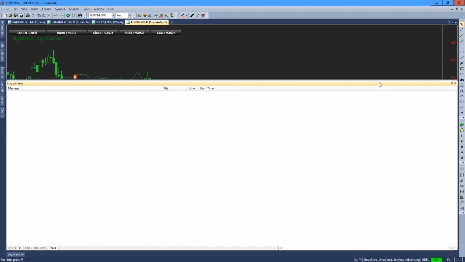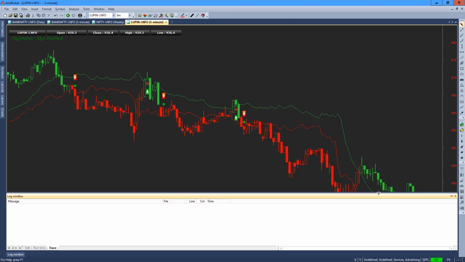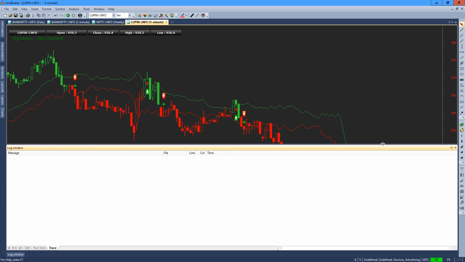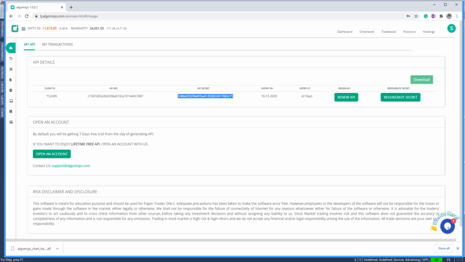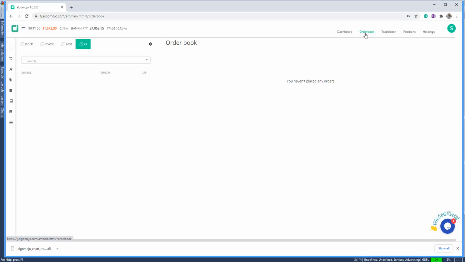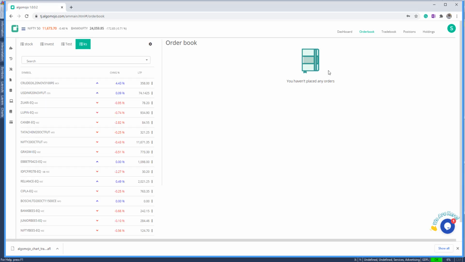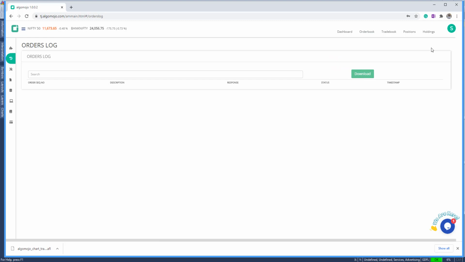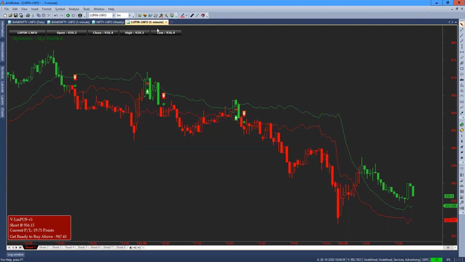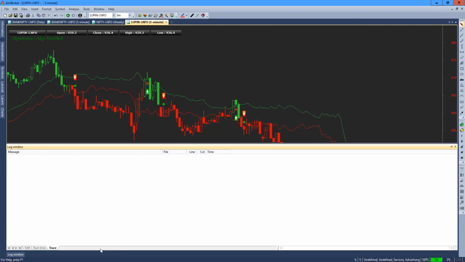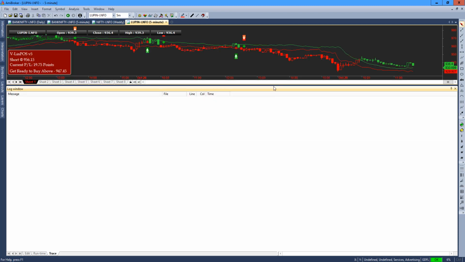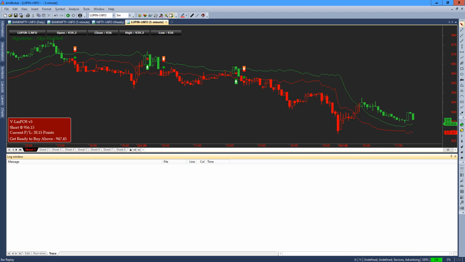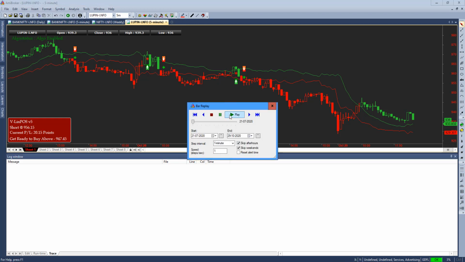Now what I'm going to do here is simulate the market activity, and I'm going to see the logs as well. Simultaneously, I'm also going to the order book to check it out. As of now, no orders have been placed. Even the order log is empty. So now I'm going to run the simulation. Let me pin the log window. The log window is pinned. Maybe I'll do some adjustment. Alright, this is more than enough to simulate. So let me simulate simultaneously here.